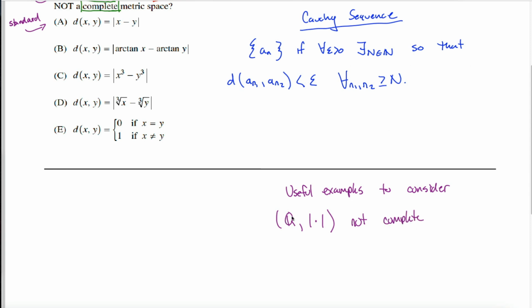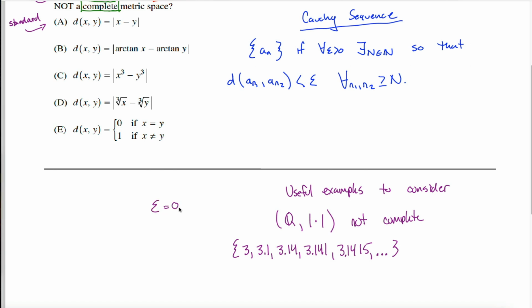I can define a sequence of rational numbers, specifically a Cauchy sequence of rational numbers, that converge to an irrational number. For example, if the first number of my sequence is 3, and the next one is 3.1, and the next one is 3.14, and the next one is 3.141, and then 3.1415. And I continue to define these terms in the sequence, where a sub n is the n minus 1 decimal place approximation to pi. Clearly, these are all rational numbers, right? I can write them as terminating decimals, but clearly they converge to pi, which is an irrational number, so it's not in this space. This sequence is Cauchy because you can pick whatever epsilon you want.